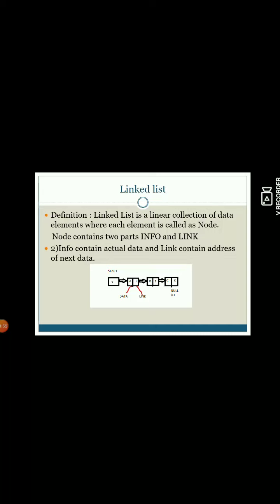Up till now I have not specified anywhere the address of my first node, correct? When I put that, it indicates the address of my next node. But where is A stored in memory, up till now I have not specified. So the address of my first node is always stored in the start, or the other word is head. So 3 is the value of my start node. Start node is my first node. So where will the address of the first node be stored? Always it is stored in the start.